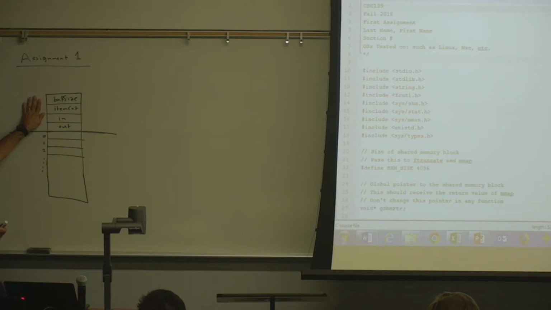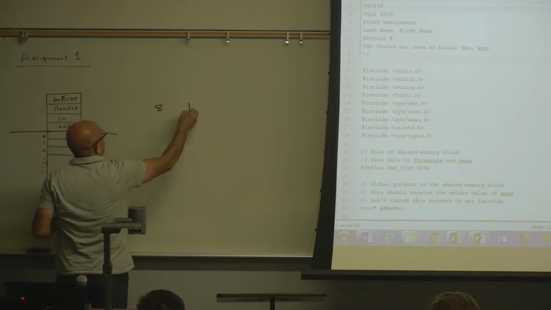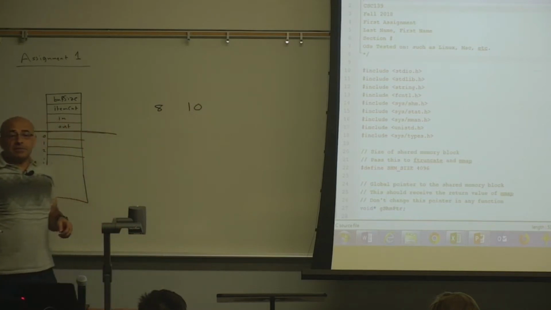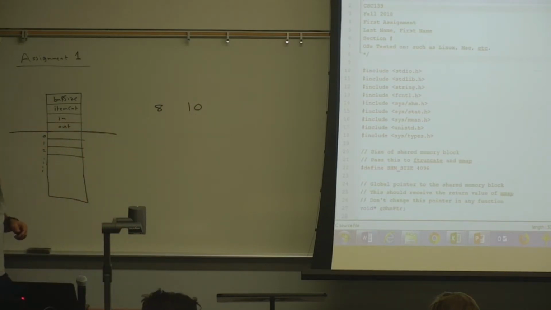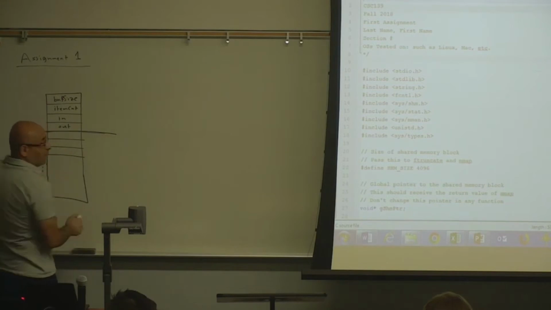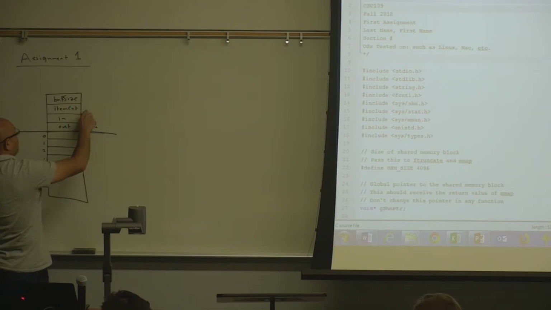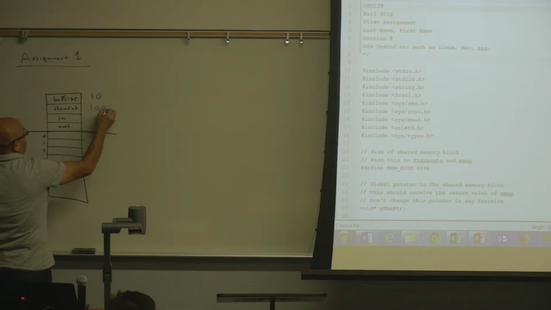In that case, it will not be a bounded buffer problem, right? If the item count is less than the buffer size, it will not be a bounded buffer problem. Like if the item count is 8 and the buffer size is 10, the problem is trivial. So it has to be greater than the buffer size? Yeah, the item count must be much greater than the buffer size. So for an interesting problem, the item count should be much greater than the buffer size. So with a buffer of size 10, maybe I have 1,000 items.